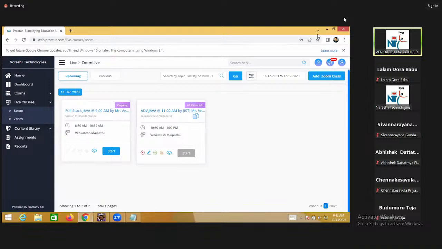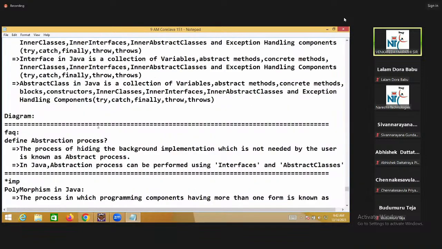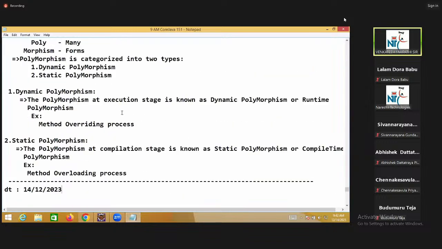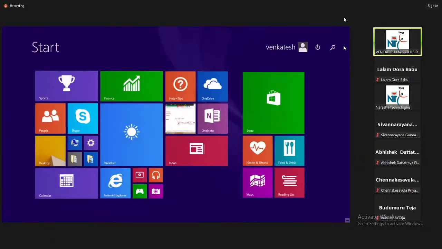Check it out. Now, today's class is polymorphism. Poly means many, morphism means forms. The process in which programming components having more than one form is known as polymorphism. Like this. Suppose